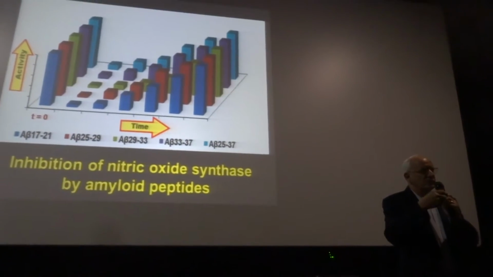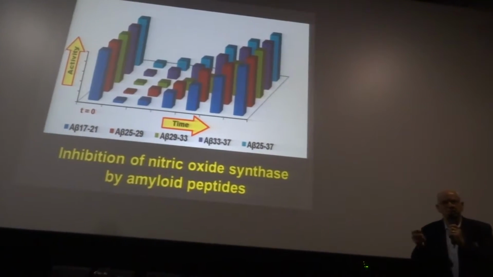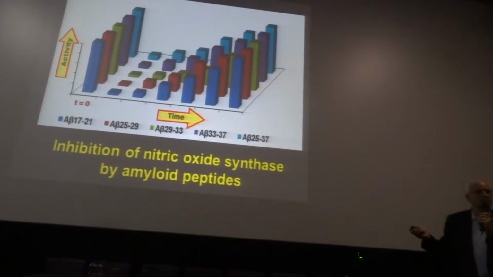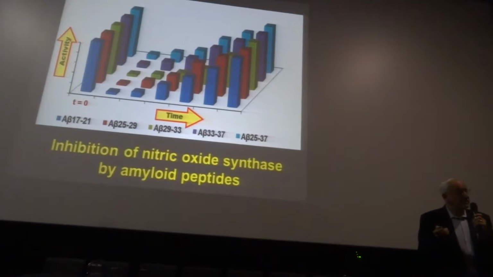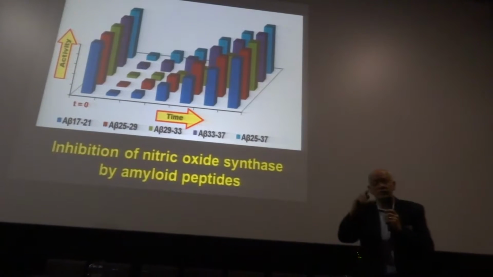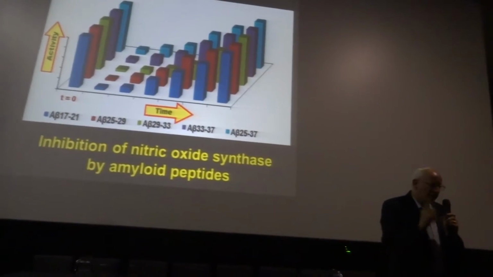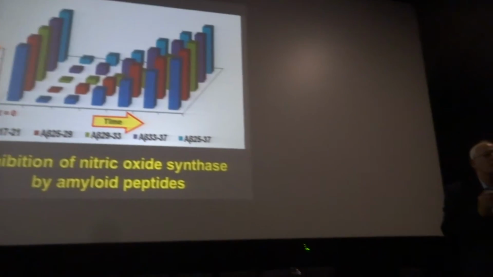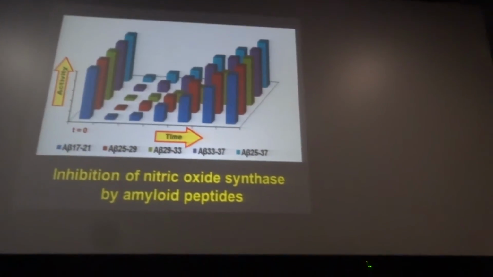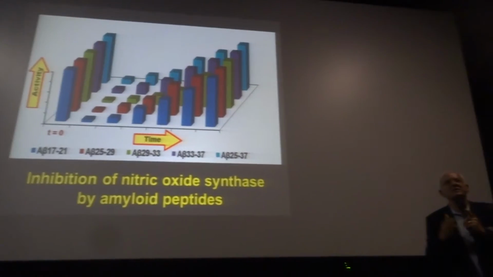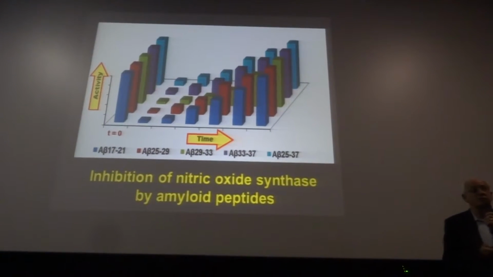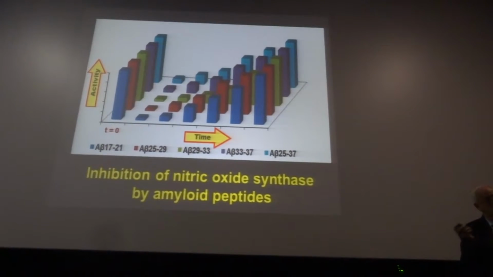And the student did it again and found the same effect. But what was interesting is when the student went off to lunch or tea or whatever it was and came back, within, I think it was about an hour, I can't remember the details of time, the enzyme activity was restored. The nitric oxide enzyme activity was restored in the same vial. Now, this pointed to us that the enzyme itself was converting the peptide, after being inhibited, the peptide was converted into something different, some other format. And that's where we led the idea that it was converted to a soluble fibril, and eventually, as I'll mention,